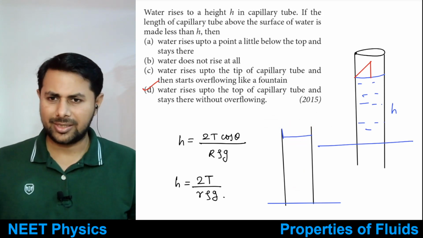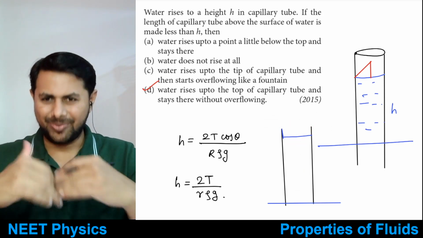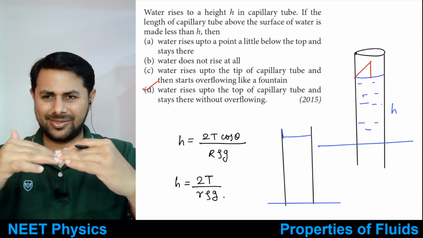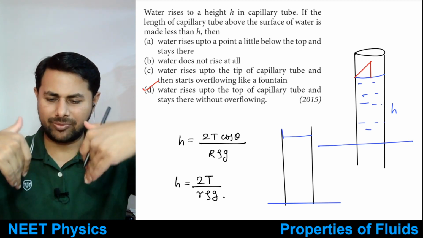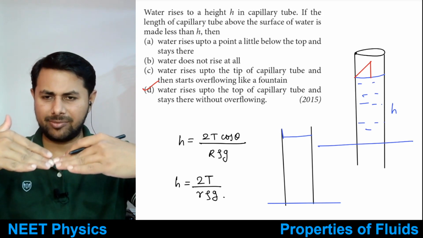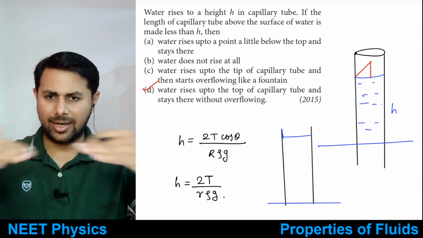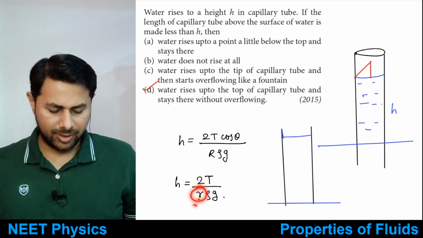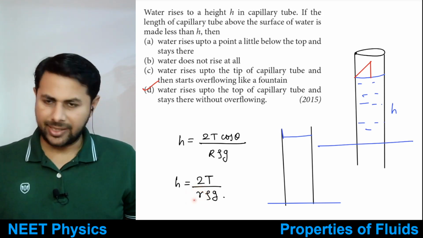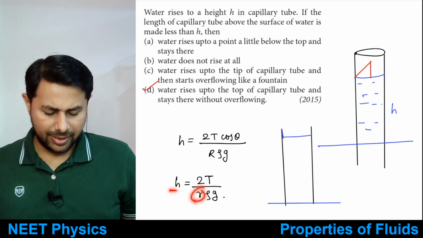Is it clear? Yes, no? So in order to overflow, water has to rise up first. The level of water has to increase first. So the shape of the meniscus, which was like this, becomes less and less concave, and ultimately it becomes flat. So that this r changes, r is the radius of the meniscus, it changes in such a way